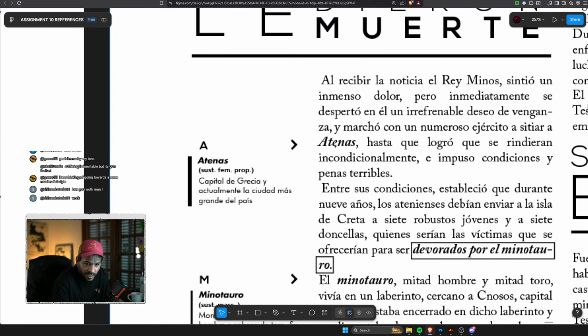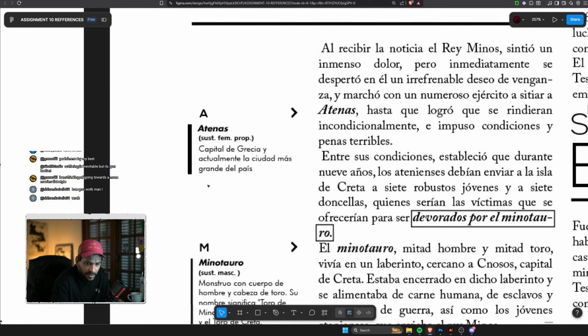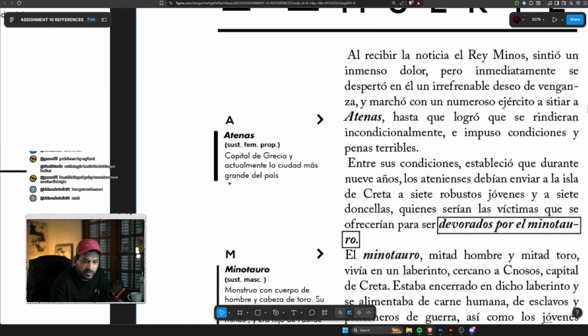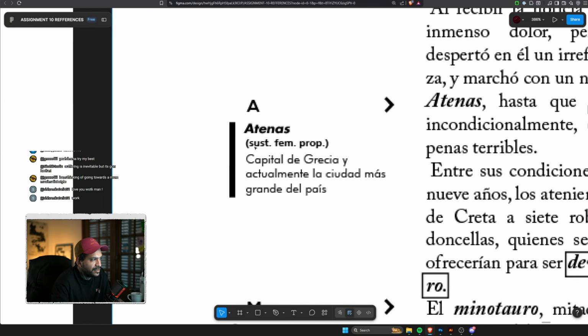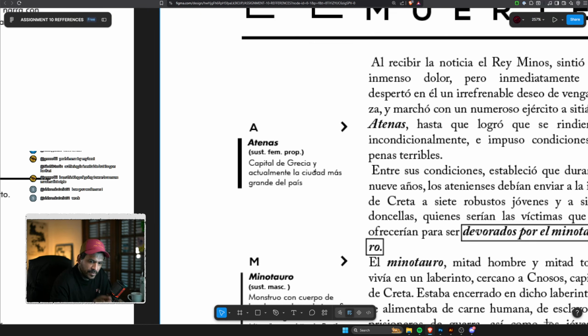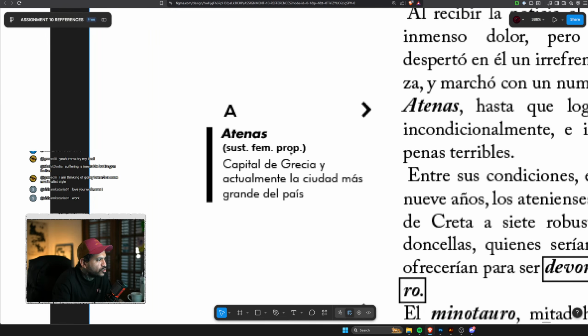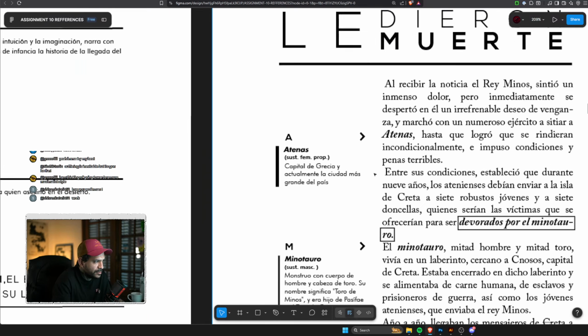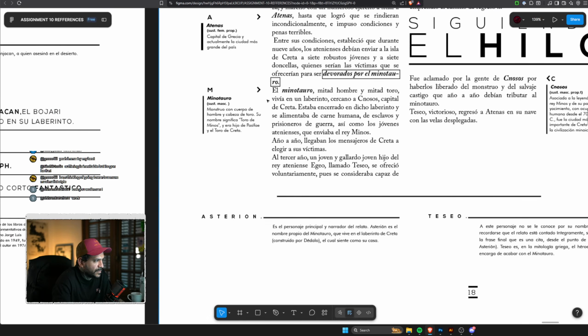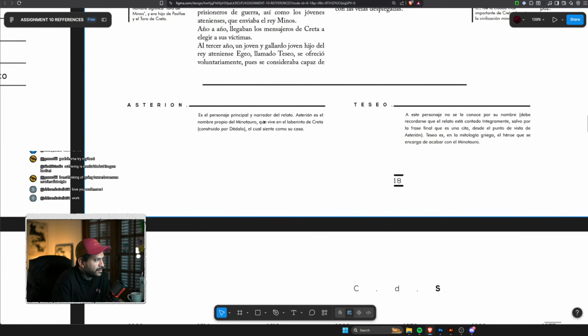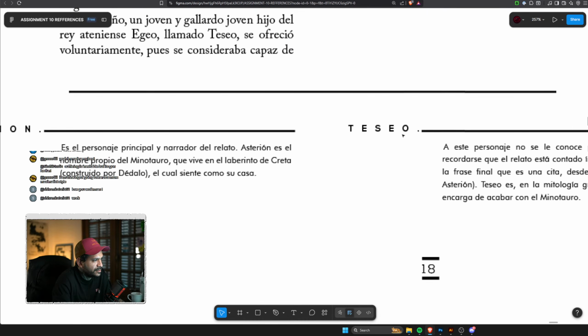Annotations, here you can see Athena. Athena, because he was a writer, so I'm giving emphasis to the letter, right? So A. And that's what I mean. Athena. Feminine substantive. Capital de Grecia, actualmente la ciudad más grande del país. Okay, so you need to design that block of information. This is super lazy. Don't do this, guys. Design it in a better way. Right? Here are some characters: Asterion, Teseo,